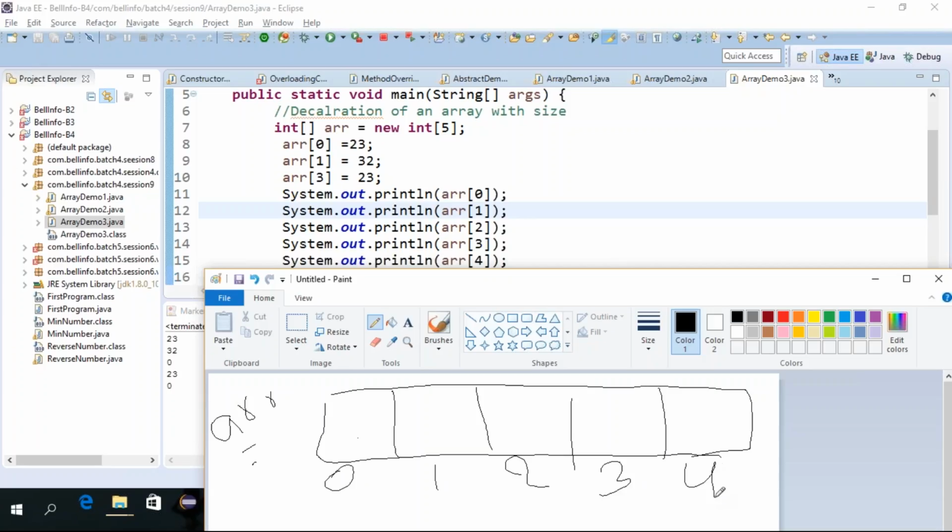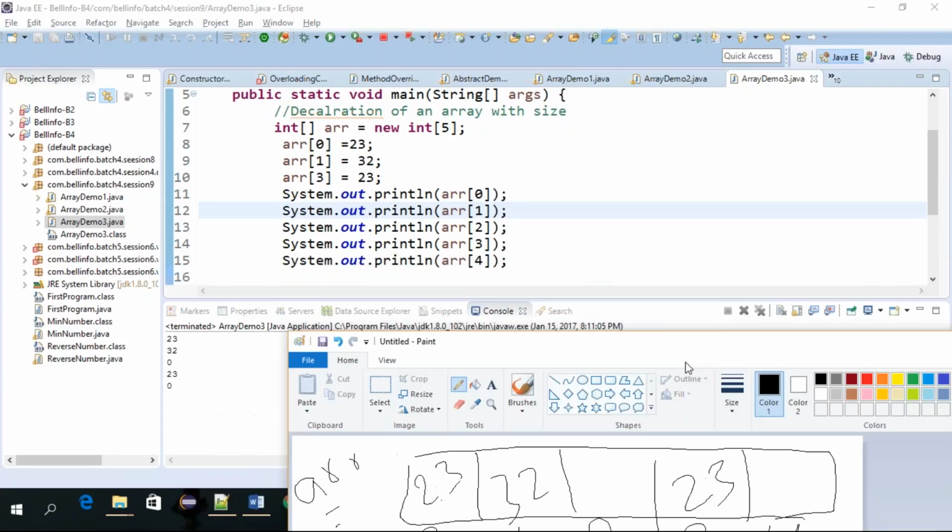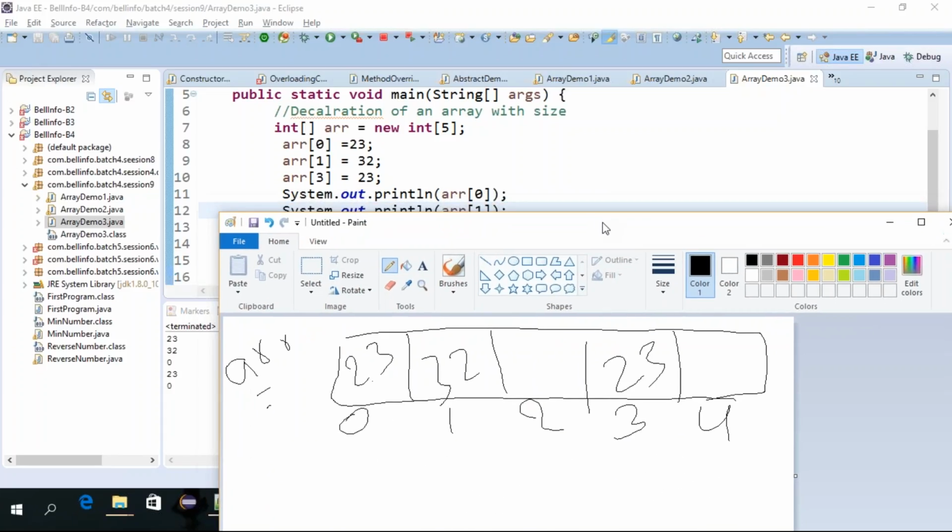So this size is 5 and the max index is 4. So we initialized the array at index 0 with 23, and that value is stored. The next value is stored, and 23 is stored. But when we try to display, we got the remaining two values, index 2 and 4,